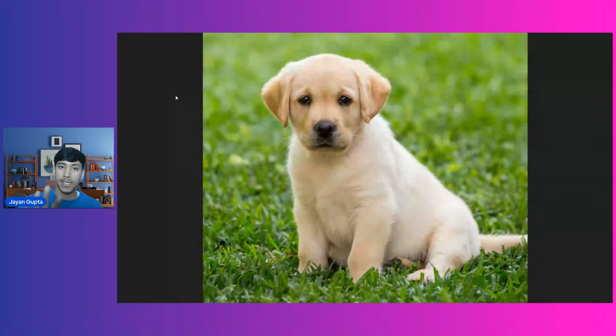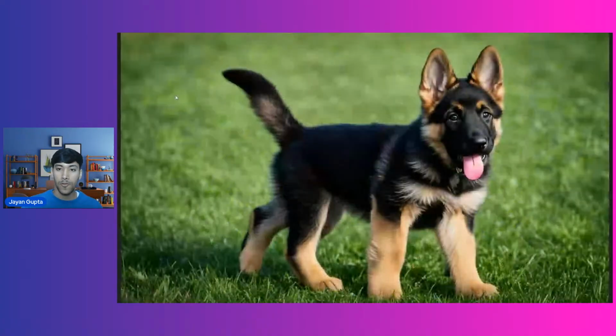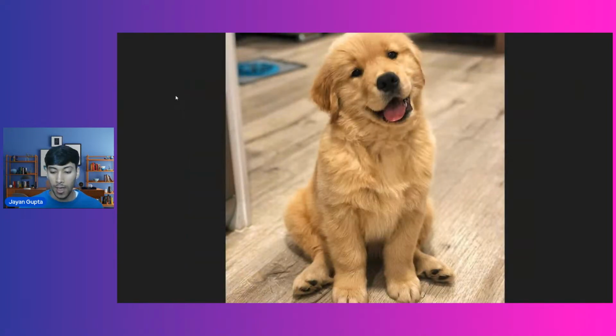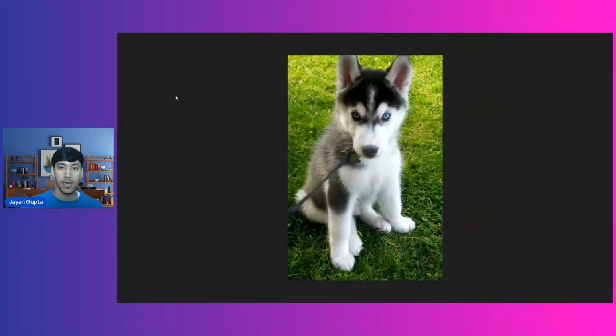I think this is a dog, and despite this particular thing being a dog, I can also say that this is basically a Labrador, right? Moving forward, I think that this particular thing which I am looking at on my screen right now is also a dog, but this is basically a German Shepherd. And similarly, this is basically a Golden Retriever. Okay. Now, if I ask you to predict what is this,